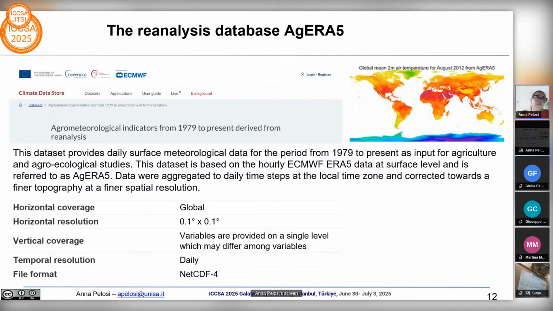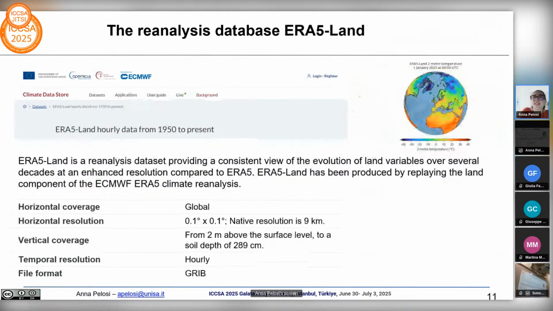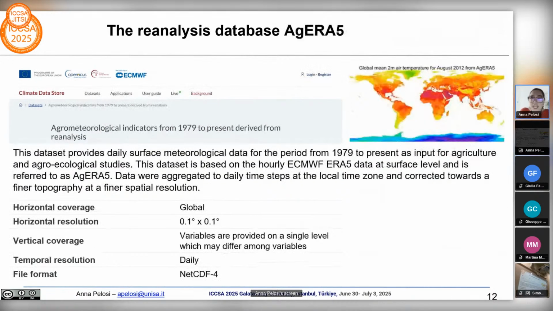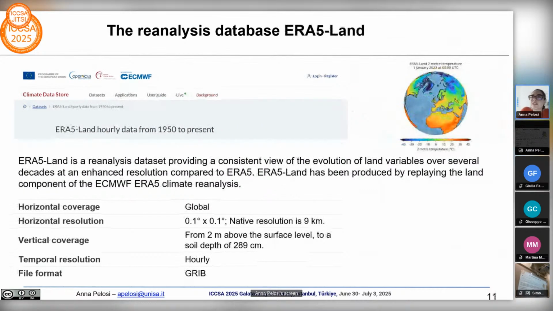And the difference between ERA5 Land and AG ERA5 is that AG ERA5 gives daily data that are the main input of interest in computing agricultural parameters. Moreover, AG ERA5 covers all over the globe, while ERA5 Land just covers land. And